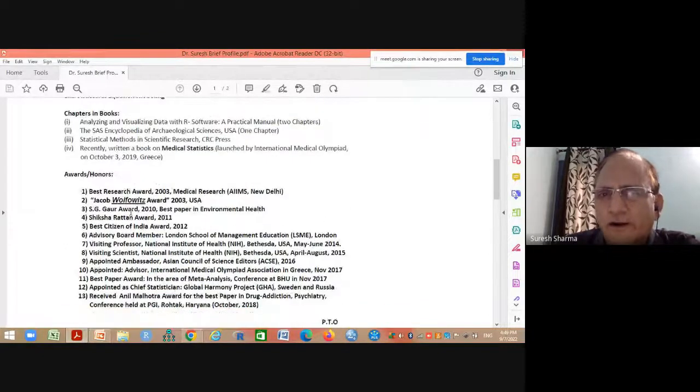These are some of the awards which I have. Best Research Award given by US Medical Research. Sorry, this was given by AIIMS New Delhi. Then Wonder Wolf Award USA, SG God Award India, Shiksha Ratan Award, Best Citizen of India Award, Advisory Board Member, London School of Management Education,